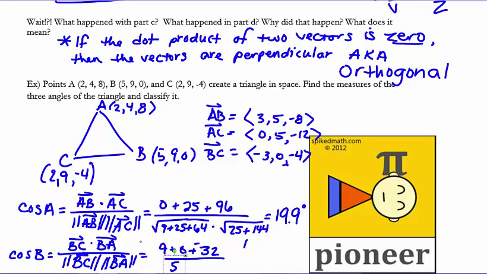And then I have the magnitude of BA, which, let me just try and add it now. I've got 64 and 25 is 89, plus 9 more is 98. So I have 9 minus 32, which is negative 23, over 5 times 98,